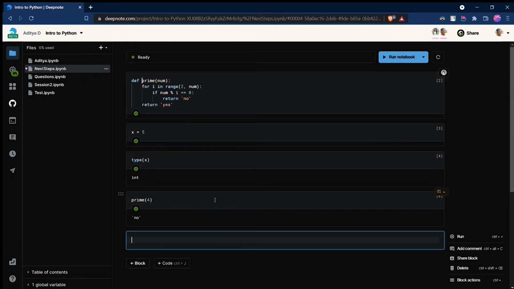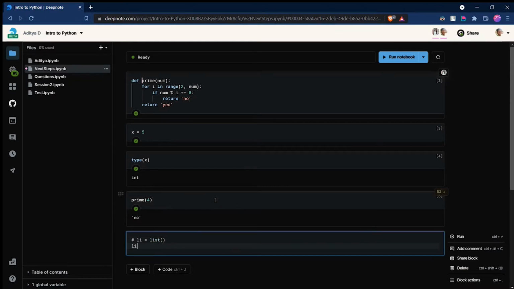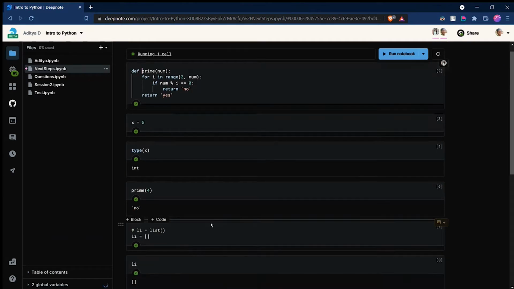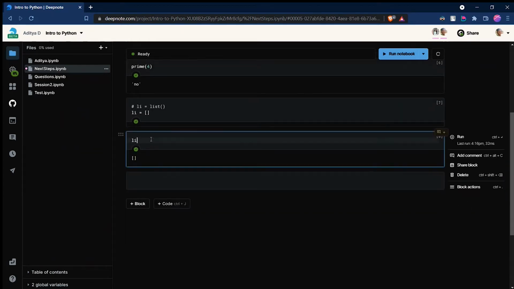Firstly I'll tell you about lists. We have seen lists, the basics of them, in the last session. We define them with, say, let's call it li, it's a nice short form. So li equal to list, or I can also do something like li equal to, and just give square brackets. Both of them work. So my li is just an empty list.